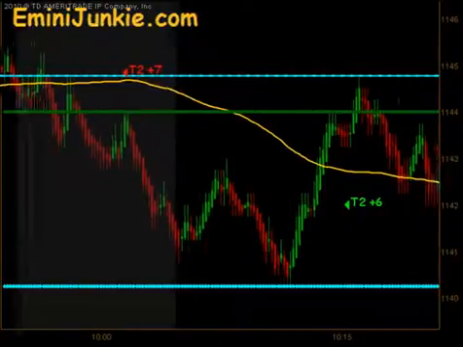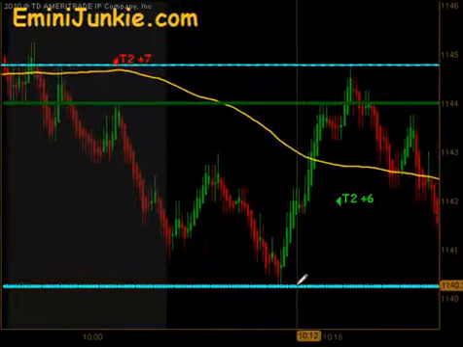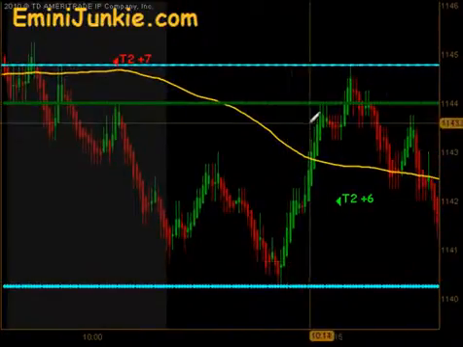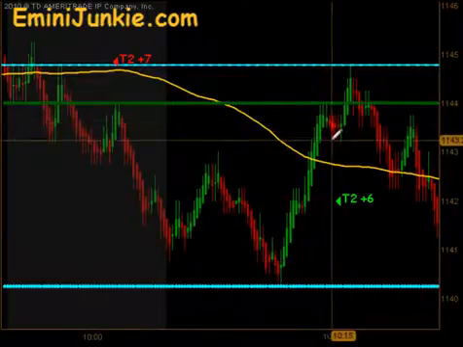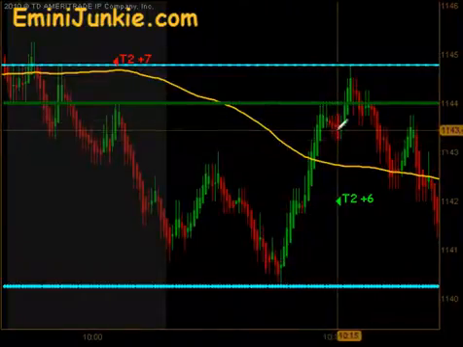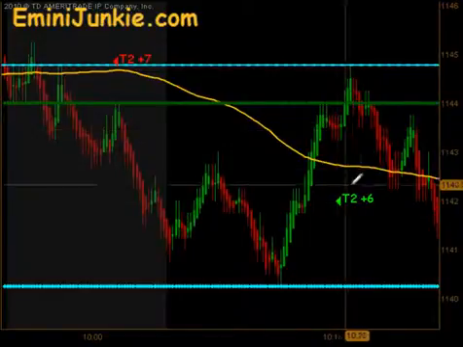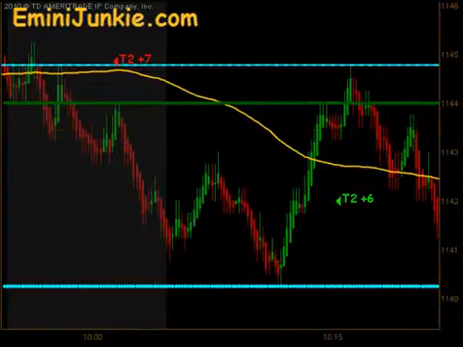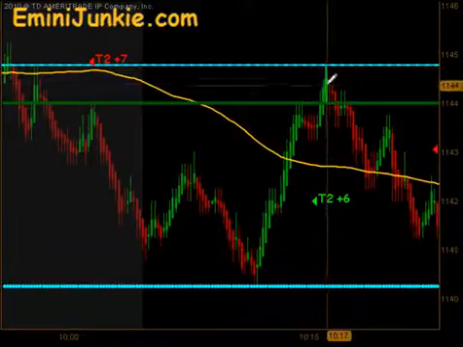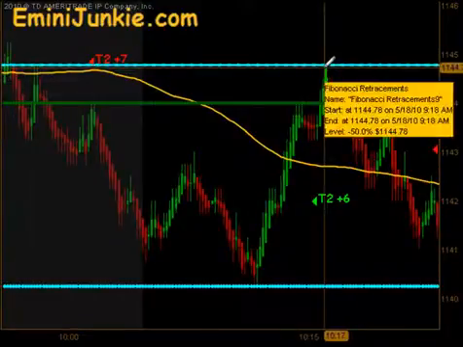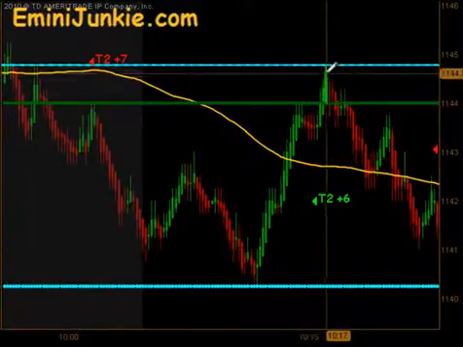You can see when we touched the previous day's high there, we got a very fast move to the upside, and that gave us an opportunity to get into this trade. We actually got a long, and that produced targets 1 and targets 2 for a small little bite of 6 ticks there. Again, the market traded right up to those overnight session highs, found resistance there, pushed back down to